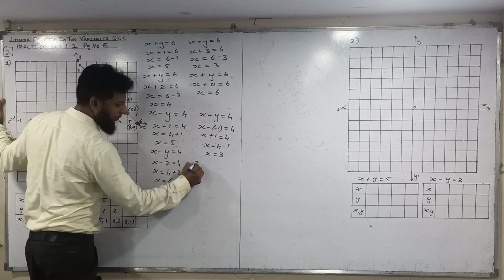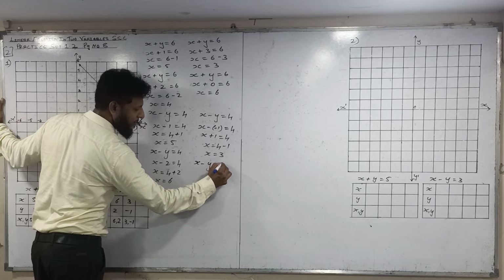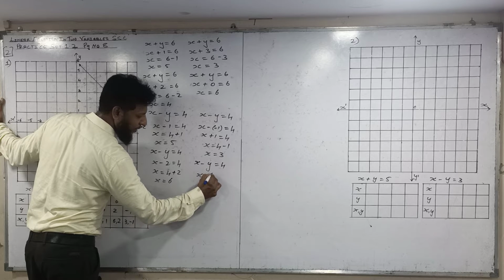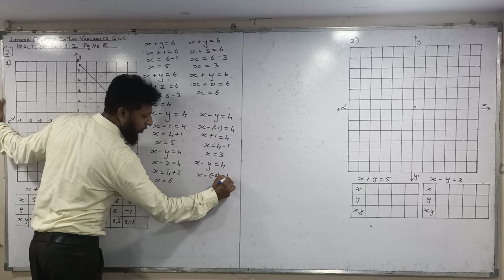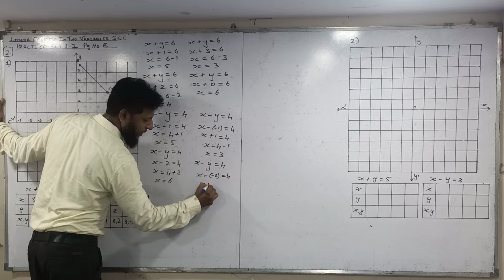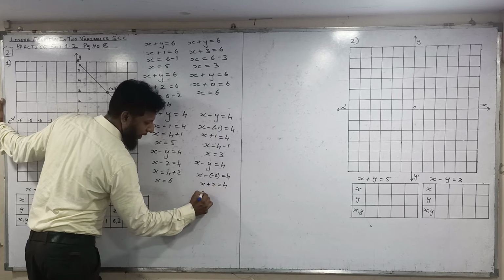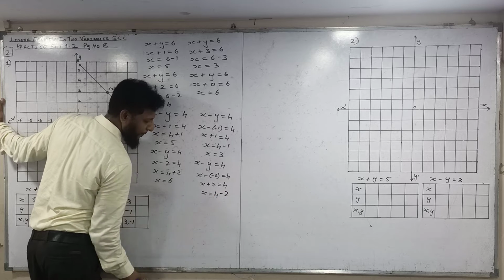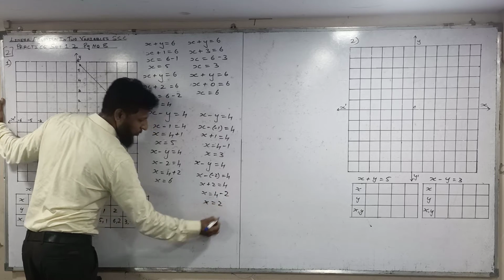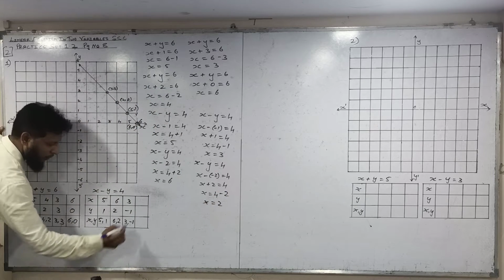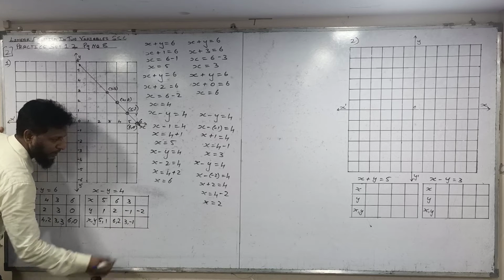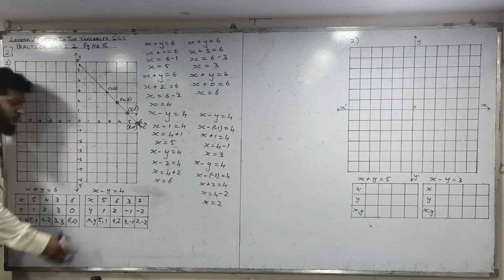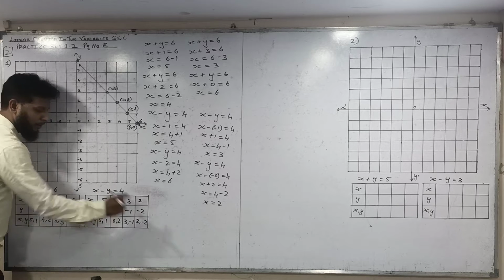Again one negative value, x minus y is equal to 4. This sign is of equation. Now taking the value y minus 2. Okay. So minus minus plus 2. Now x is equal to 4 as it is, plus 2 will go there and become minus 2, x is equal to 2. When I am taking y value minus 2, I am getting x value plus 2. Okay. So now you get these 4 points.